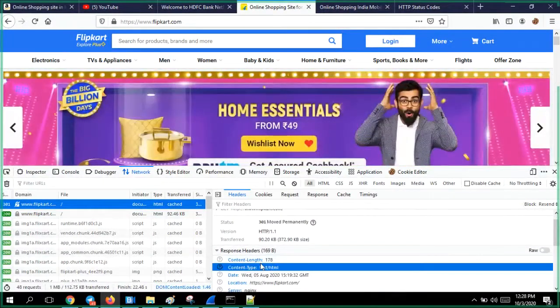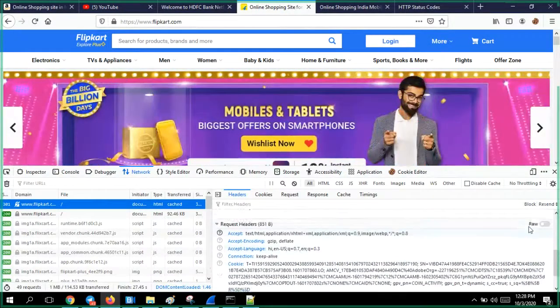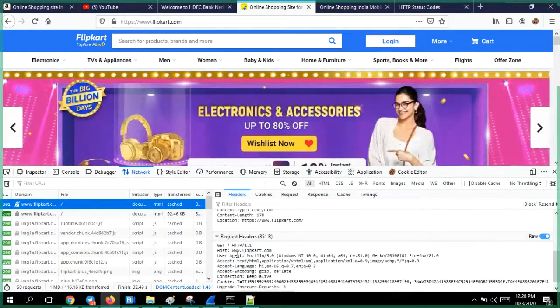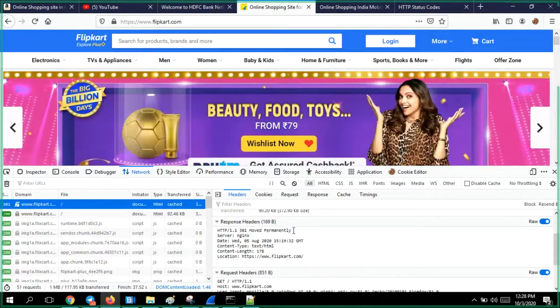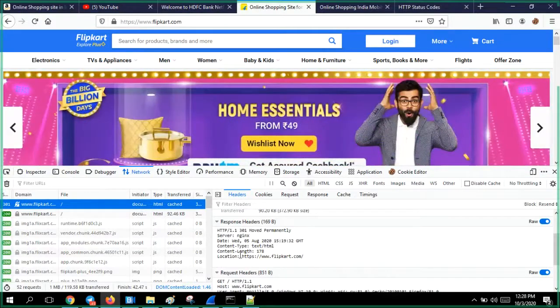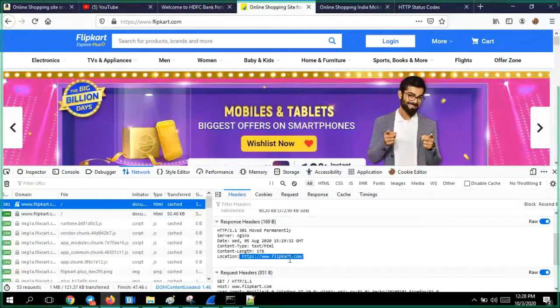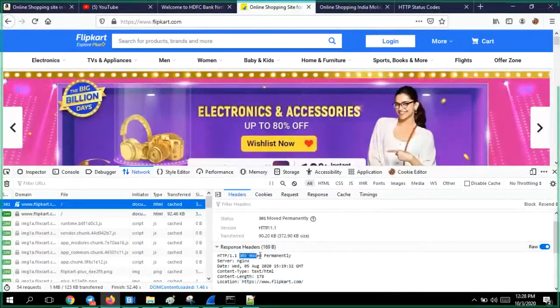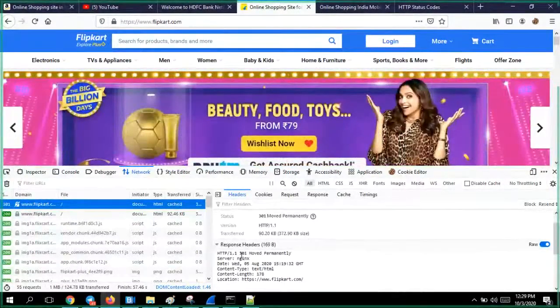See, the request is host flipkart.com. Immediately it said, boss, you have to move to some other server. Which location? This is the location. We are not serving the web page here. We are serving at https flipkart.com. So the server response, anywhere you take, the server will respond only with codes like this.